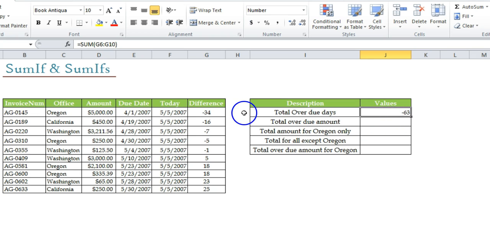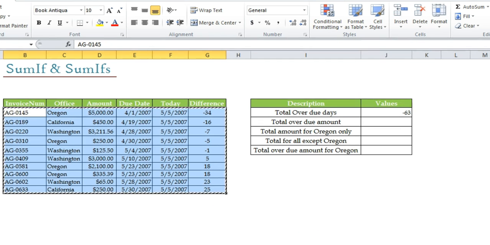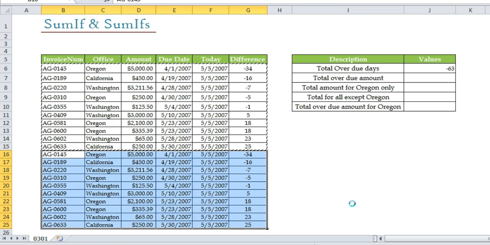But the problem is right now all the negative numbers are continuously available. But what if these numbers are randomly available? I'll show you an example. Just have a look. Let me copy and paste it down. I'm talking about the data like this. In this I have random negative numbers. You may be probably thinking that we can actually use equals to sum and then we'll select this range, then comma this range, and like that.